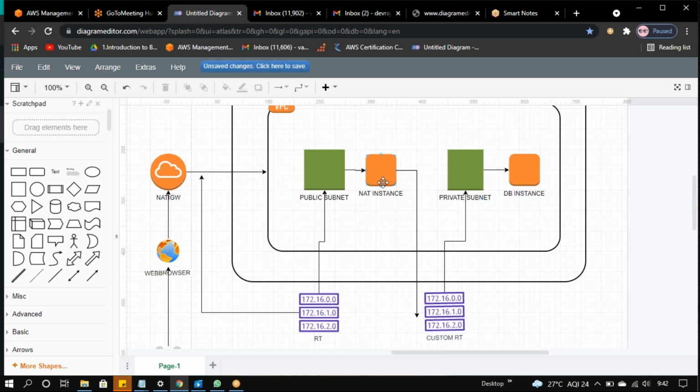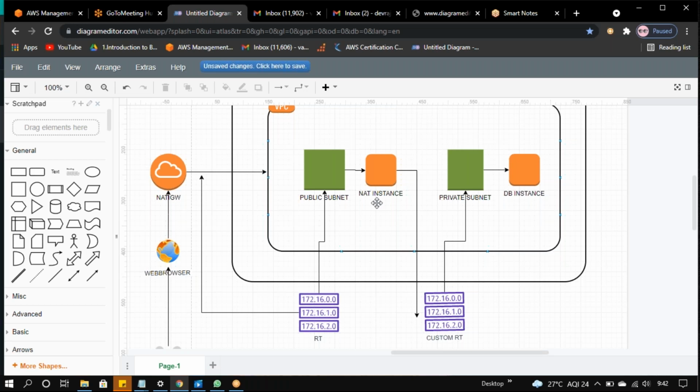NAT instance follows outbound rules. This we can take from community AMIs. What does NAT mean? You have your Wi-Fi broadband. You can see your broadband IPs; those are private IPs only. You can't get internet via private IPs, but you are getting internet via your broadband. How can it be?